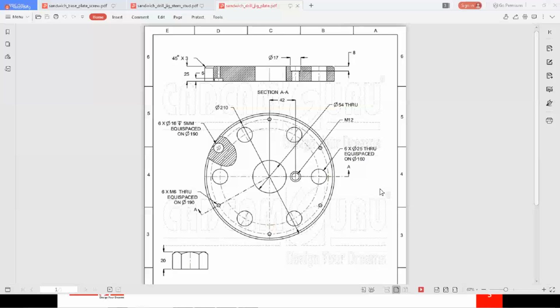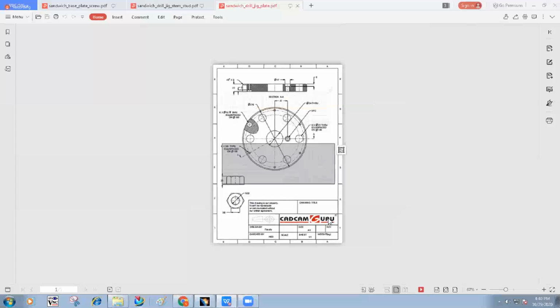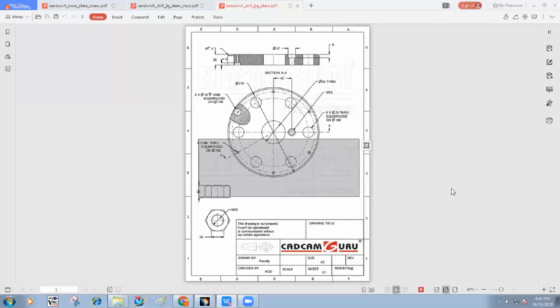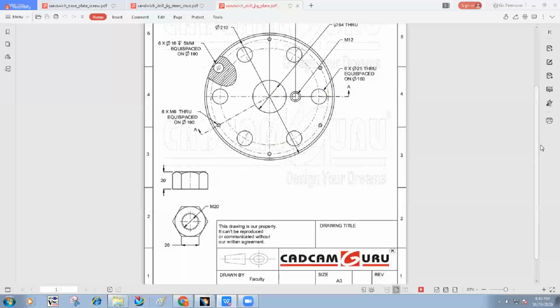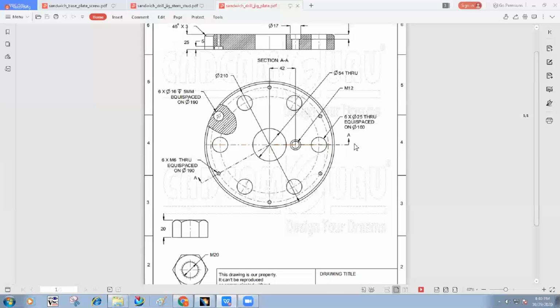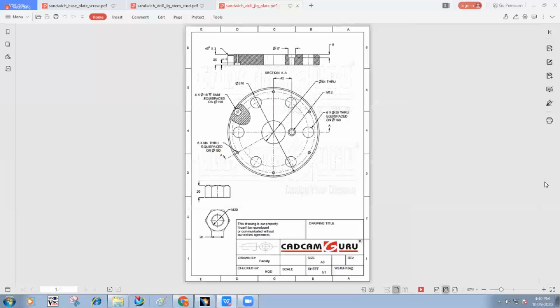Now take the complete drawing. Now we'll start to design this part.